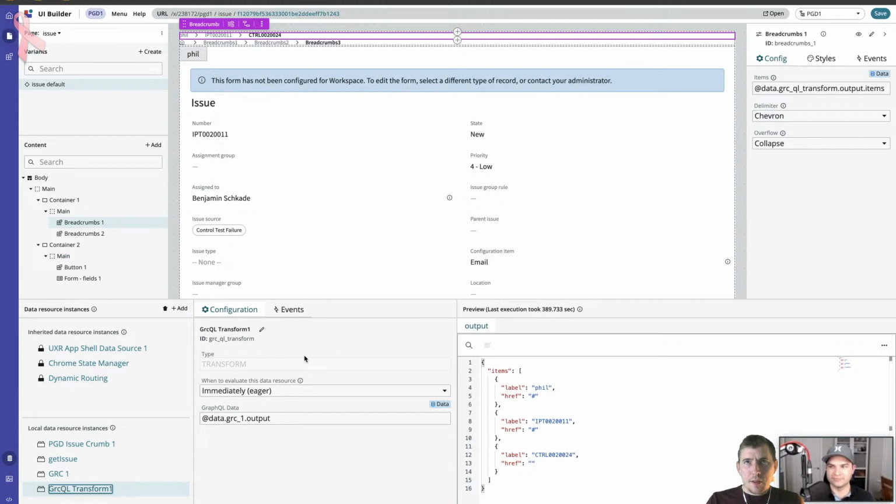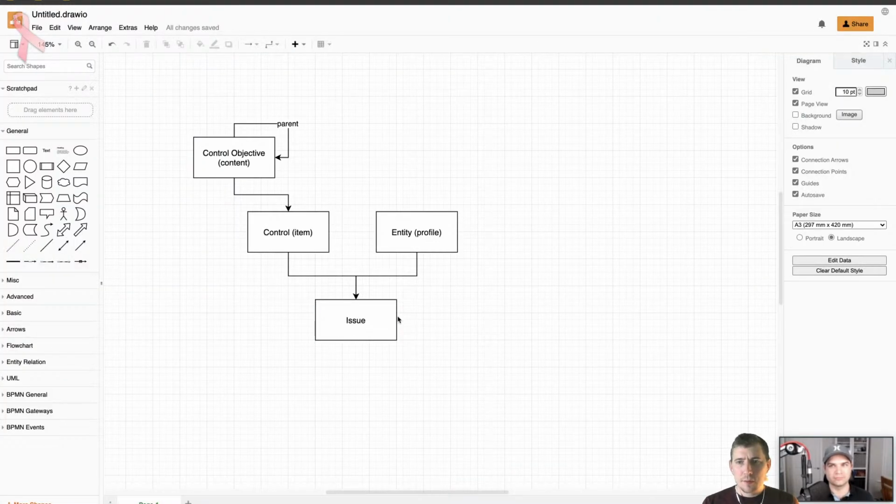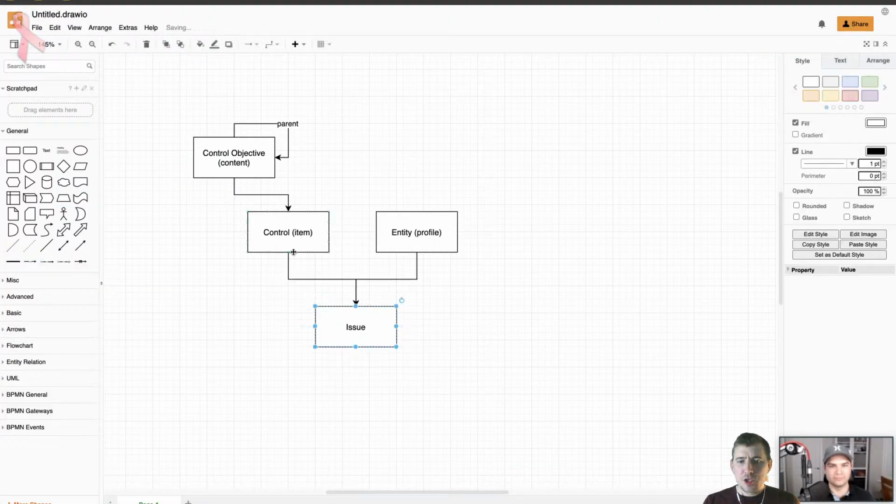I think the key thing for me, the bit I've been struggling with, and I feel like I've got to it now, is okay. So I've got my issue page, but actually, the way issue is dealing with things, if I navigate from issue and navigate to my control, guess what? My data isn't that different. So,